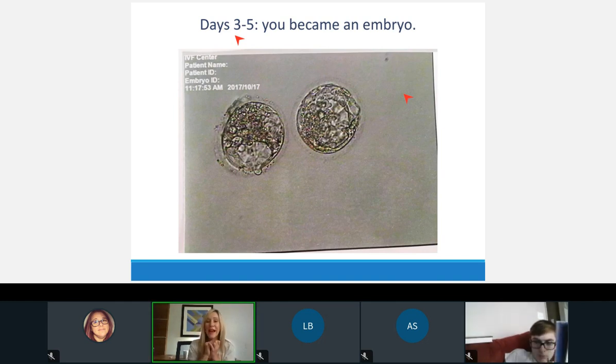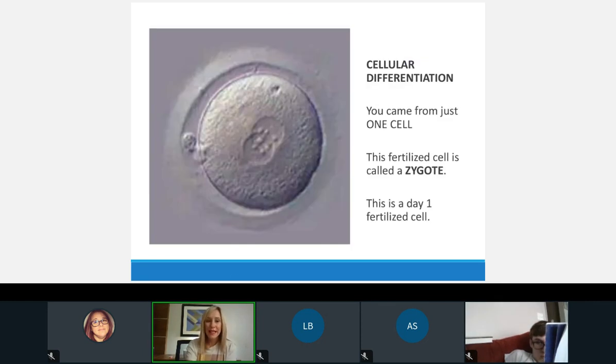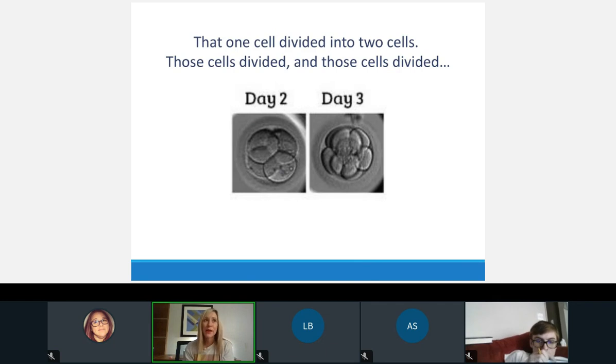And every single day, I started with like 21 little cells that looked like this. And every single day, the lab would call me and say, oh, Mrs. Rittenhouse, you had 21 embryos, but on day 2, a bunch of them died. And then day 3, they would call and I had a few less. And day 4, they would call and I had a few less. You see, between day 3 and 5, when my husband's DNA and my DNA combined to try to make an embryo, the eggs weren't making it. They weren't surviving.